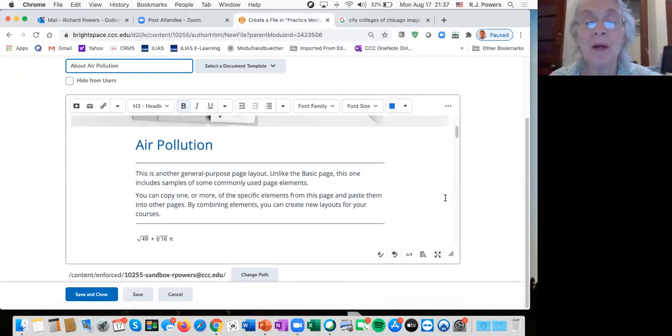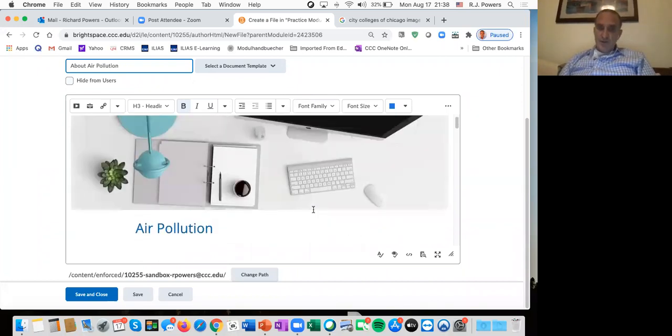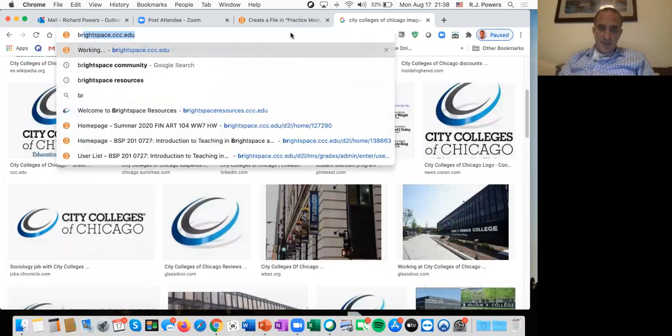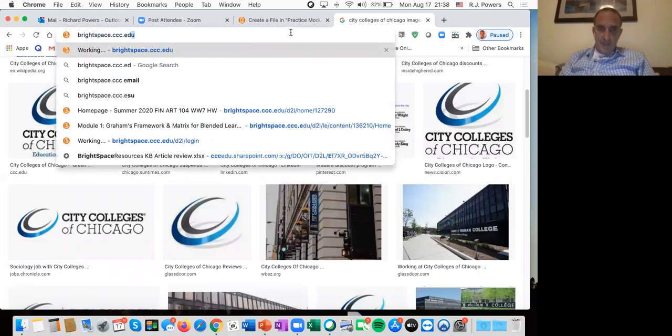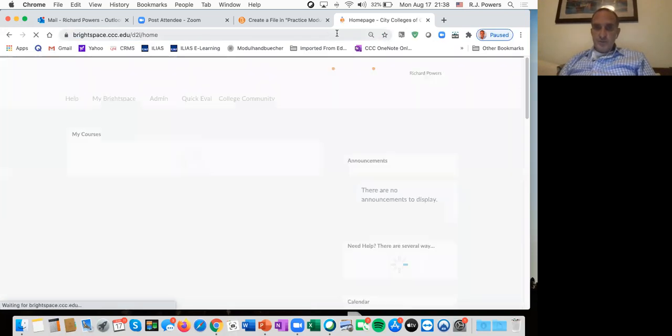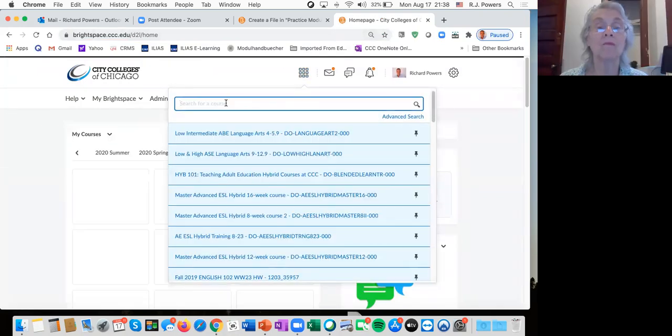Yes, Rich, in the chat box, people want to know, how do you insert or move these design elements into another file? Oh, okay. Like you'd have to copy and paste. So if you moved them into another place, you'd have to open up another browser. Let's say Brightspace. This is a very good question. And let's go to,